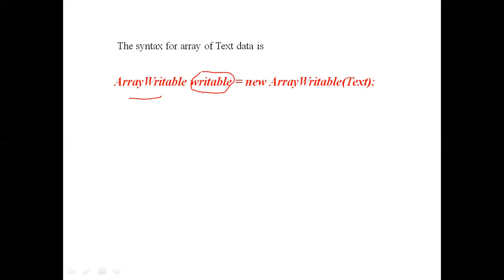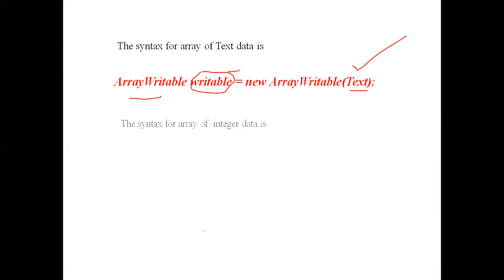Generally, in the C language, C++, Java, we regularly take the names as A, okay, A of 10, A of 5, like that. Here we are taking array writable of writable. Writable is equal to new array writable of text. That means the parameter belongs to the text class. That means in this array writable array, we can store only the strings. All the values of this one must be strings. That's why we are declaring here array writable is equal to new array writable of text. That means it can accept only the strings.